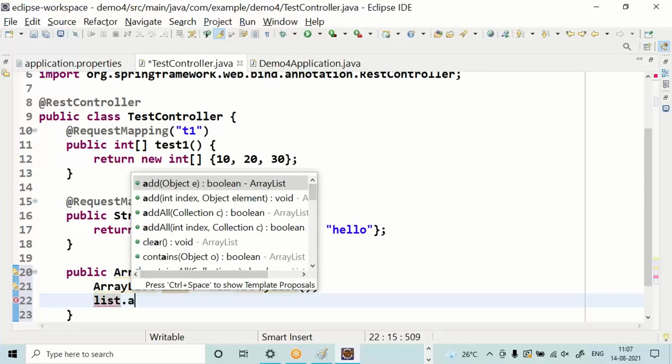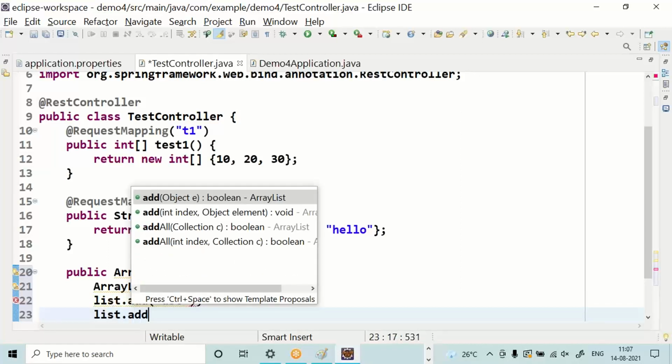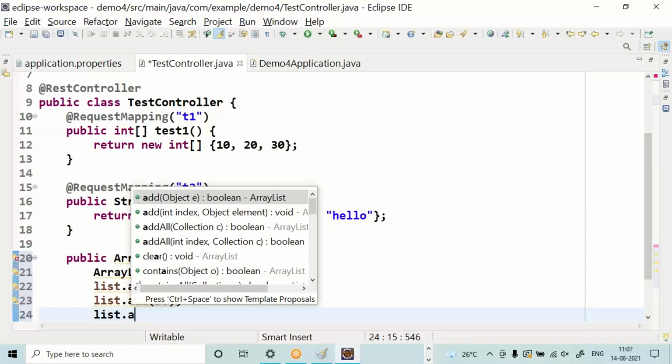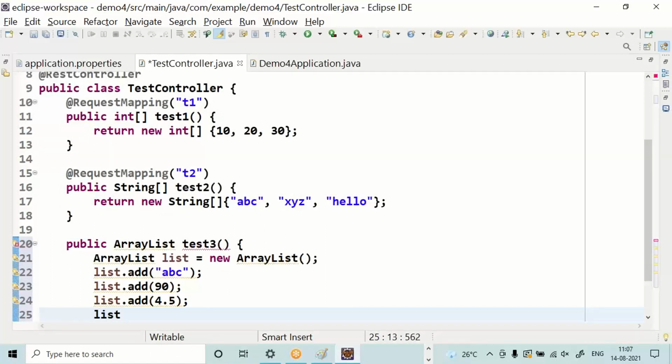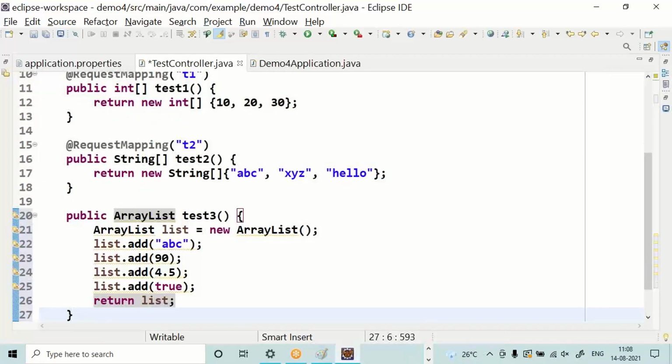List add of ABC. List dot add of. Anything can be added into array list. This is a collection API class.